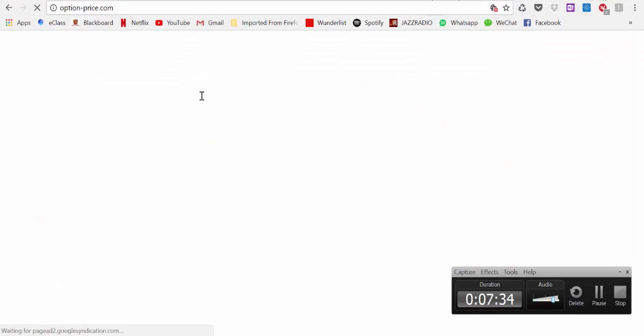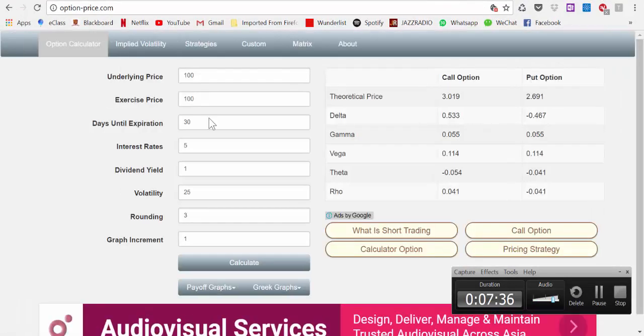So, an option where the exercise price, which is another word for strike price, and the underlying price, that's the spot price. This one is at the money, and I'm going to wipe out the interest rates just to make it simple. Otherwise, the forward comes into play. So when you hit calculate,